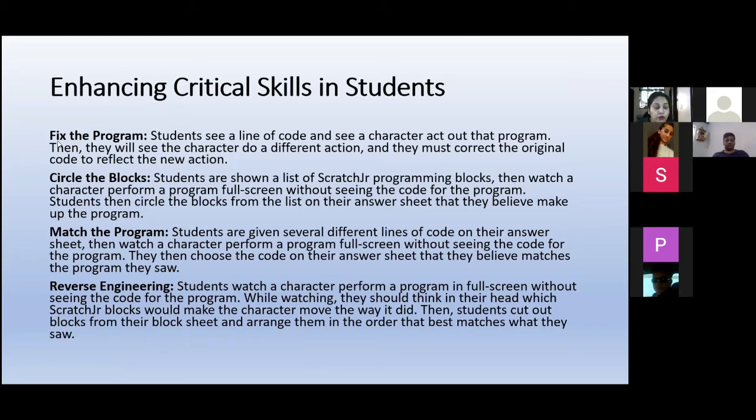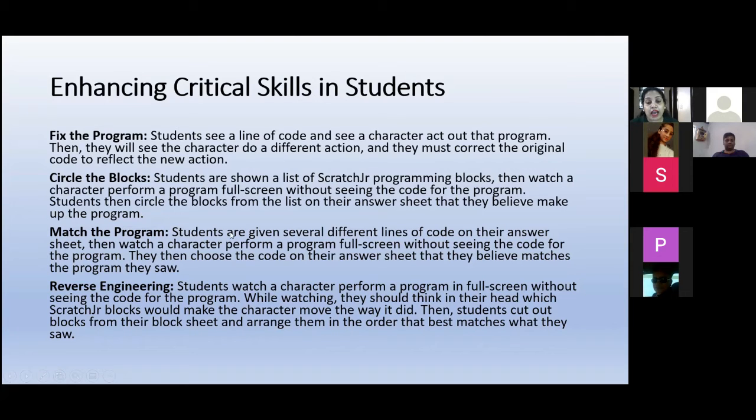Here what you can do, you can give questions on fix the program. Like for example, this is called error finding. Also for senior classes, we call it error finding. You can write the code. Suppose I wanted to move in direction. Now I have used the block that is moving me towards the right hand side. So I have used a left arrow and I should have used right arrow. So you can ask the students that how are you going to fix this program? My aim is this, but the program is not working in that manner. So this is a way you can basically test the students.